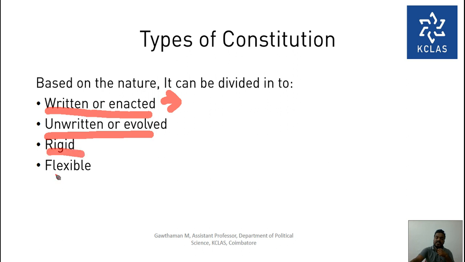Then come rigid and flexible. Rigid and flexible mainly deal with the amendment procedure. If amendment is very difficult in a constitution, we call it a rigid constitution, and if amendment is easy in a constitution, we call it a flexible constitution. So it is flexible for amendments and it is rigid for amendments. So in this session we were